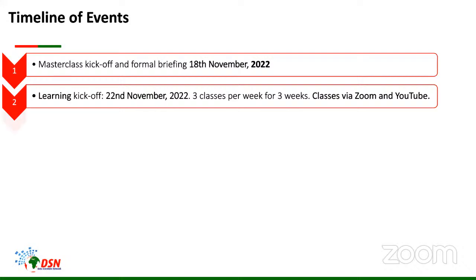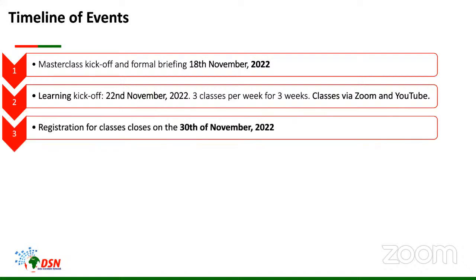Next on the event timeline is the fact that registration for classes for the hackathon will close tomorrow, 30th of November. The hackathon registration and training will end tomorrow.